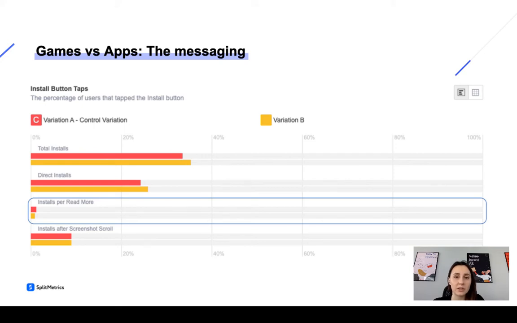we at SplitMetrics have such a metric in our platform called installs per read more. And normally in gaming, this metric doesn't exceed 1%. This is a common situation for games, and gaming publishers hardly ever A/B test game